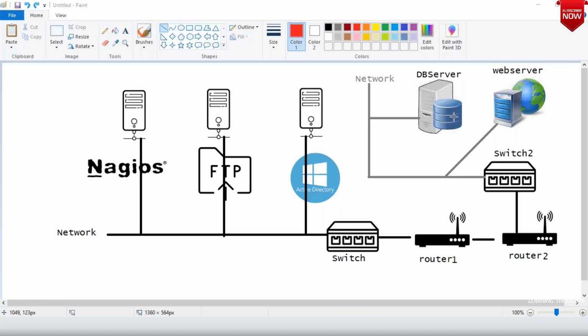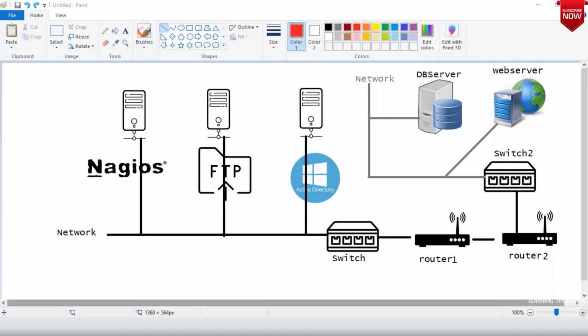In Nagios, you can configure dependency saying that when the router has failed, it is known that switch 2 will fail. When the router is failed, the DB server also will fail, and the web server also will fail. Whenever you are defining Nagios object definitions, you can say my DB server checks are dependent on router 2 checks. If router 2 checks fail, my DB server also will fail. So if router 2 fails, don't do the checks of the DB server because we know that it is going to fail. That is dependency over here.